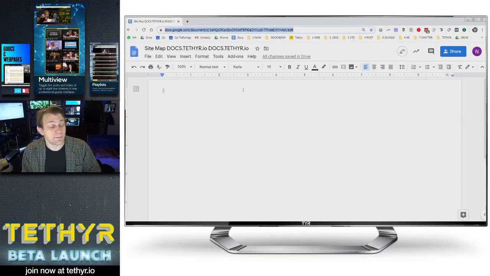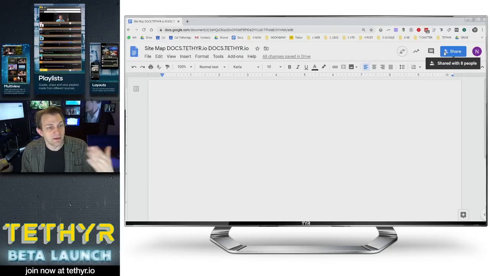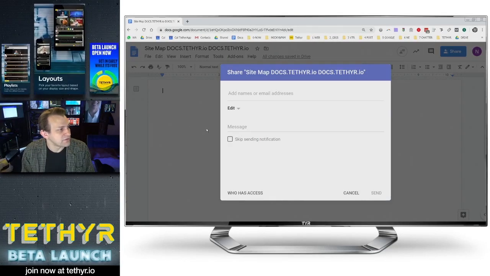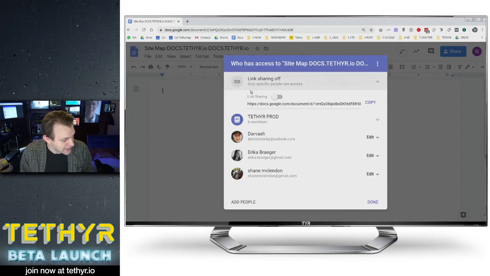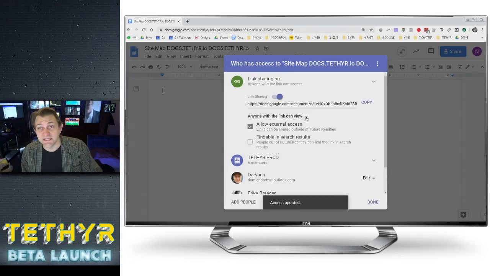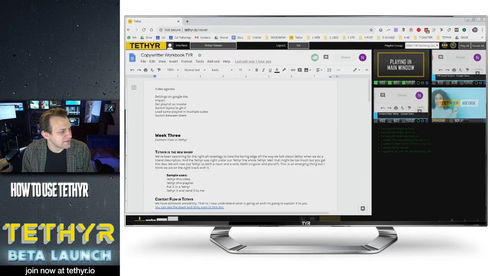I've created a document in Google Docs. I've shared it with the copywriting team, and I've named it the way I want to name it, and moved it where I want it to move. In this one, link sharing is turned off, so now I'm going to turn link sharing on, and then allow external access. So it's basically unlisted at this point. And now I just copy the link, and then in Tethyr I will